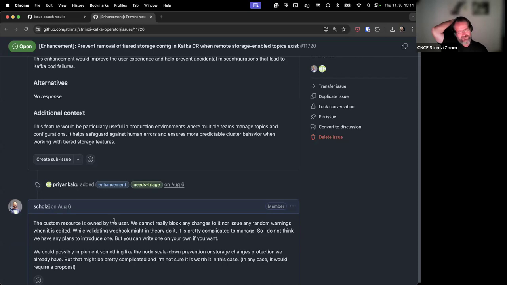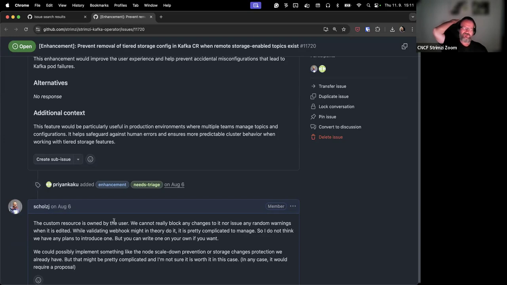I guess what we can do is something similar to what we do for the storage, where we store an internal copy of the storage configuration in annotations on the internal resources. And then every reconciliation, we compare it to what's configured there. And if someone makes some illogical changes or tries to delete a disk that is not empty and so on, then we detect it in the operator.